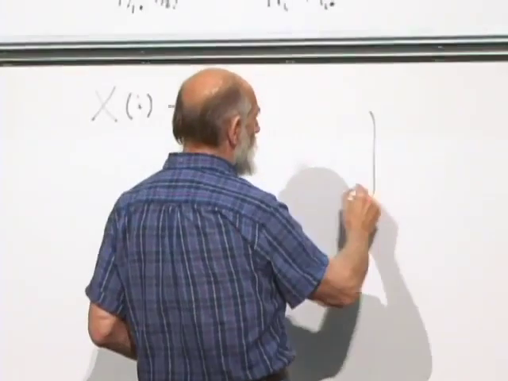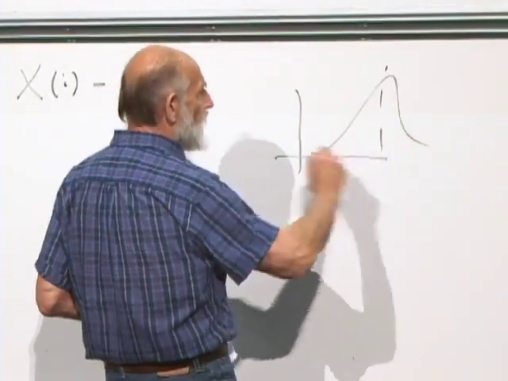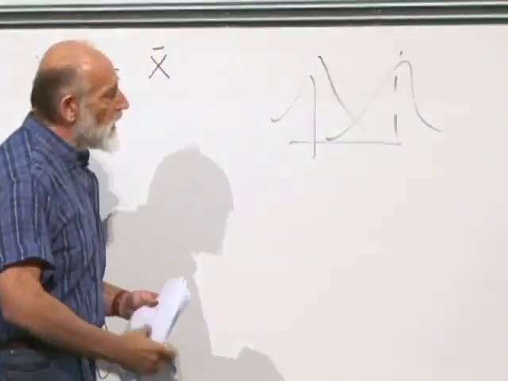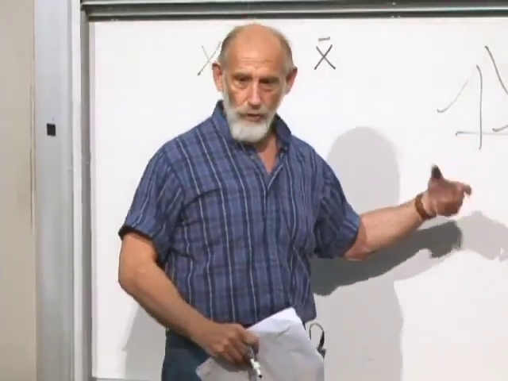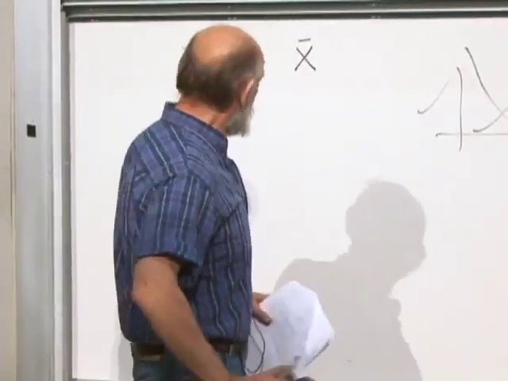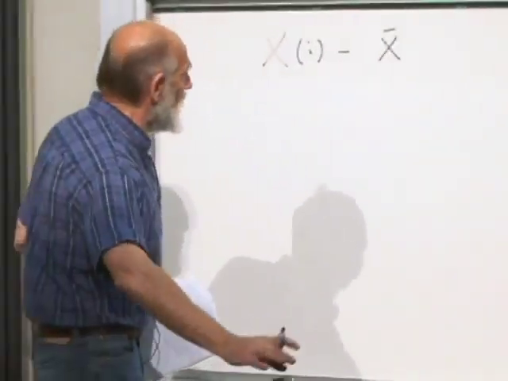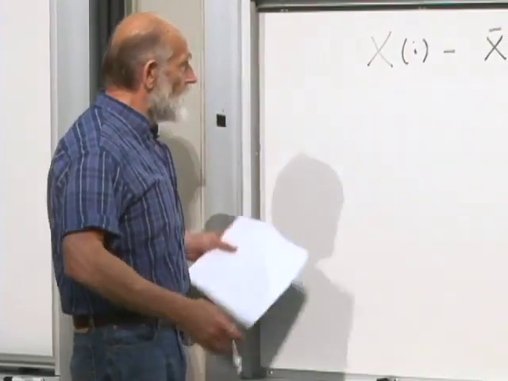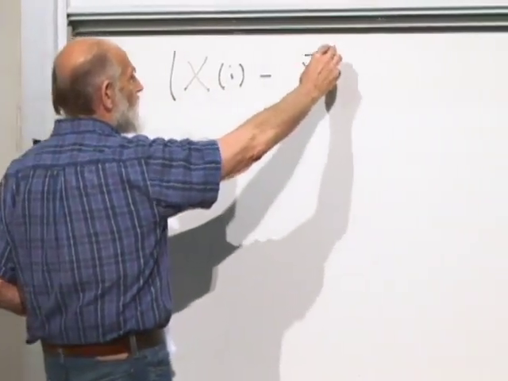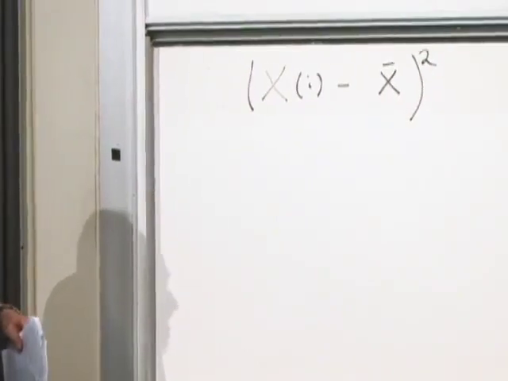So if we have a probability distribution for x which looks like that, we subtract the average value, which is in here somewhere, and that effectively just moves the probability distribution so that the center of the probability distribution, or the average of the probability distribution, is now located at 0. Other than that, x bar does not depend on i, it's just a number. Now we take this and we square it. And then we take the average of the whole thing.